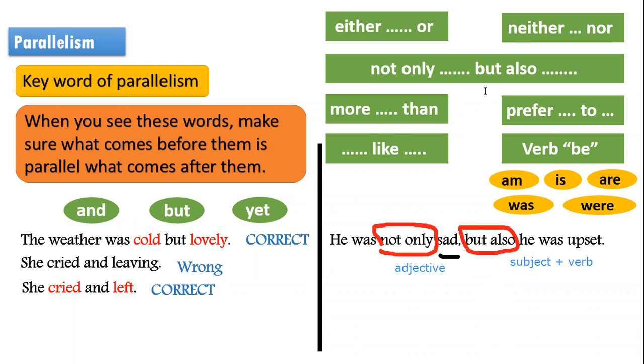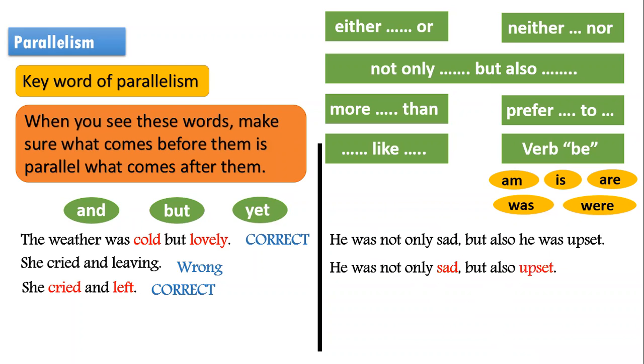I know you're all smart and you know the answer. So in this case, I would go for this structure: He was not only sad, but also upset. In this case, I have after "not only"...